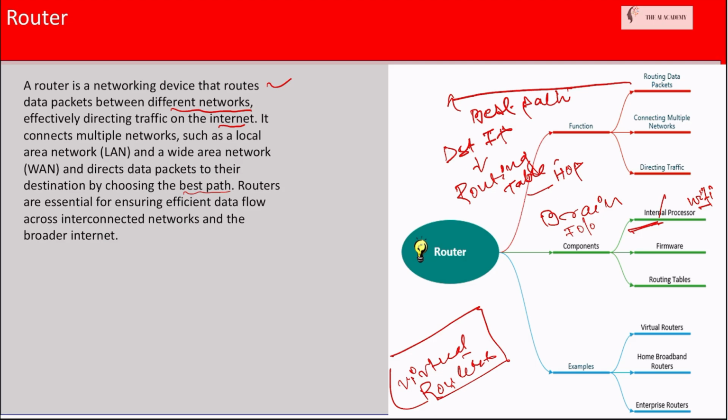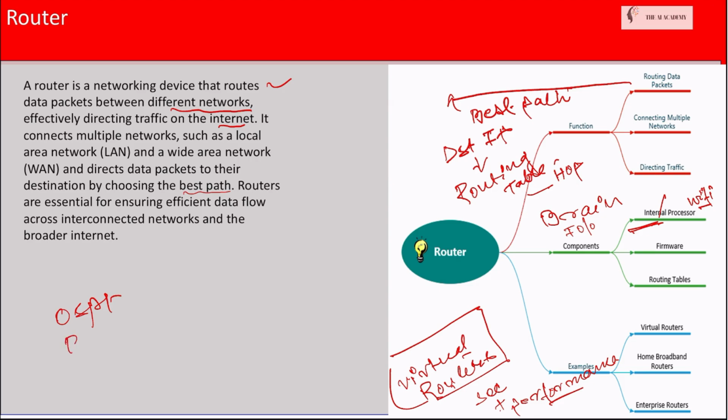Routers connect multiple networks, such as a home LAN, to the Internet or different segments of an enterprise network. They act as intermediaries, enabling devices on different networks to communicate with each other. By segmenting networks, routers enhance security and performance. For example, in an enterprise environment, routers can separate internal traffic from external traffic and protect sensitive data, improving network efficiency. Directing traffic. Routers use routing protocols, such as OSPF, BGP, or RIP, to exchange information with other routers